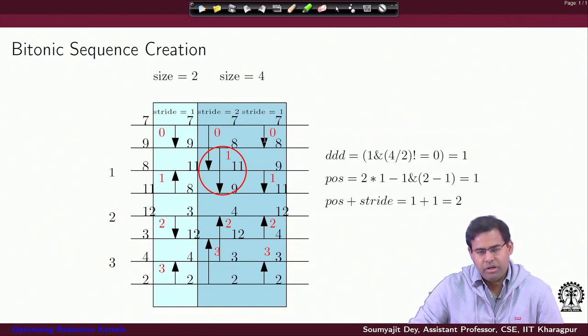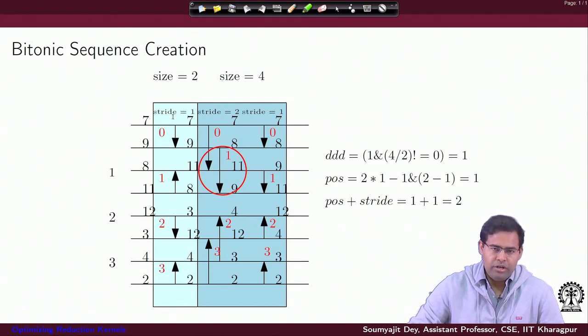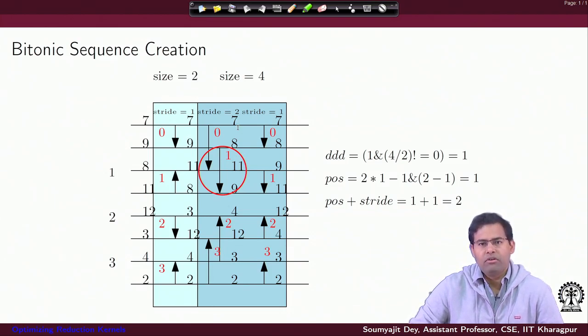comparison with a reduced stride of 1, because in the inner loop, as we have discussed earlier, the stride is decreasing by half. It starts from size by 2. So, we start from stride equal to 2, and then we move to stride equal to 1. Similarly, when we started with size equal to 2, the stride was already half, that is 1, and there was no further progress. So, the outer loop is controlling the size, and the inner loop is reducing the stride starting from size by 2, and in that way I have different phases of the Bitonic sequence creation. As we have discussed, recursively, these are all basically Bitonic merge operations at different levels.